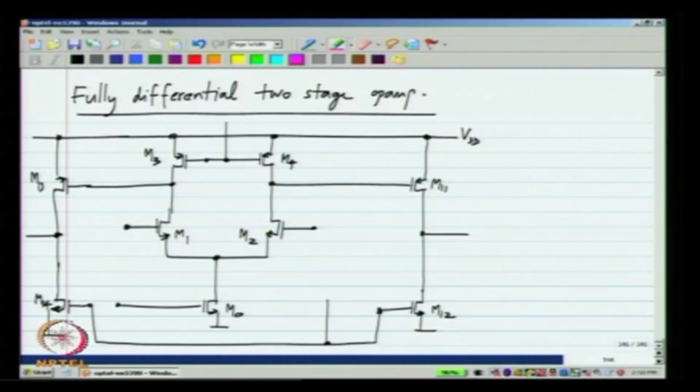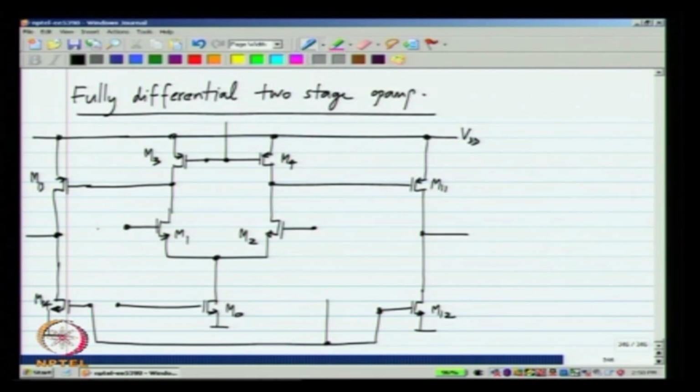Now, we need common mode feedback to the first stage and the second stage, right. In both stages, the current from the top and the current from the bottom has to be exactly equal to each other. So, we will see how to do the common mode feedback for this particular op amp. There are now many more options. One possibility is we start with